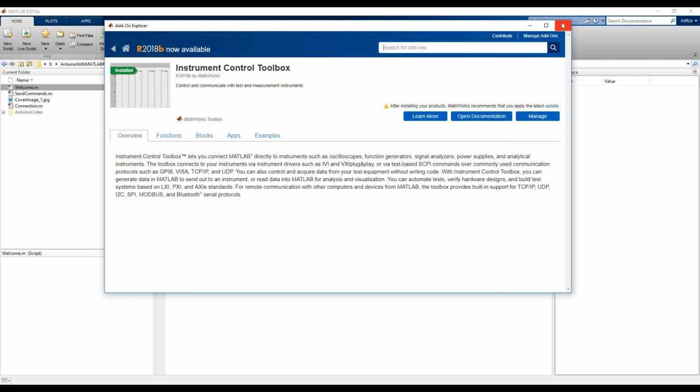So let's move ahead. Now I've already installed this instrument control toolbox, and we are going to make the connections of Arduino, servo motor, LED and the Bluetooth using the breadboard. So let me show you how to connect the Arduino with all this stuff, and later on we'll move on to the programming part.